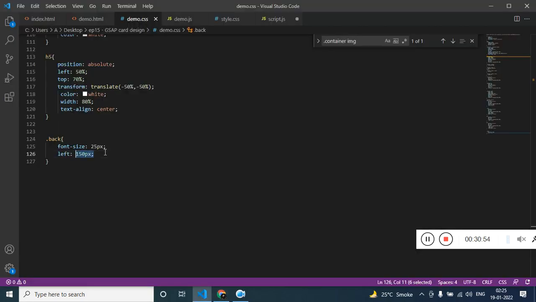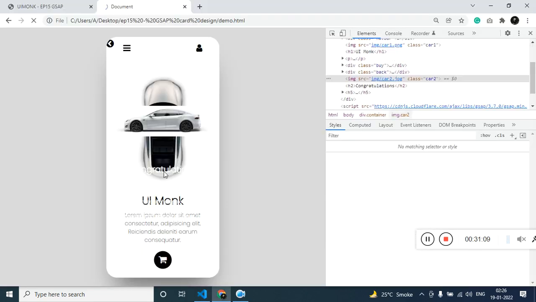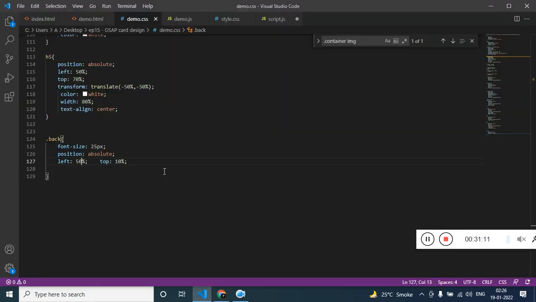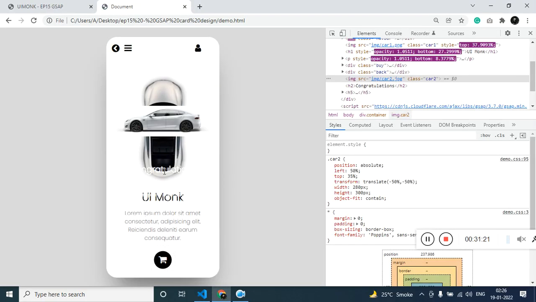Doesn't look working, so we need to use position again. We just need top and left also. Top 10%, 10% seems too much. Alright,